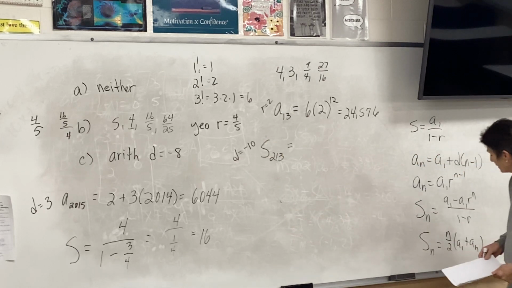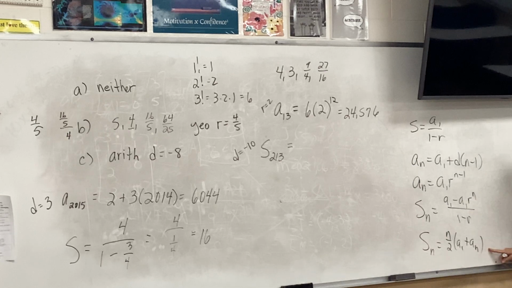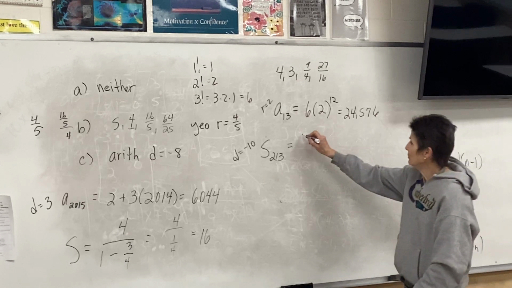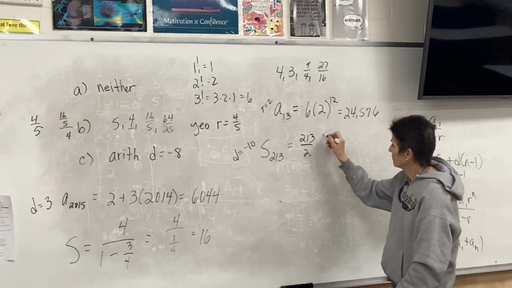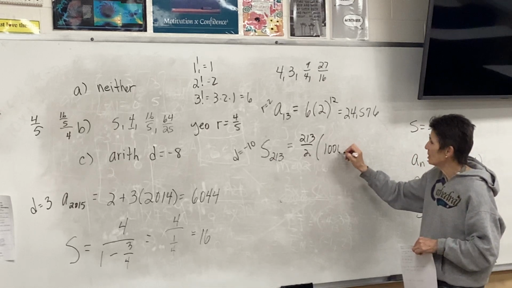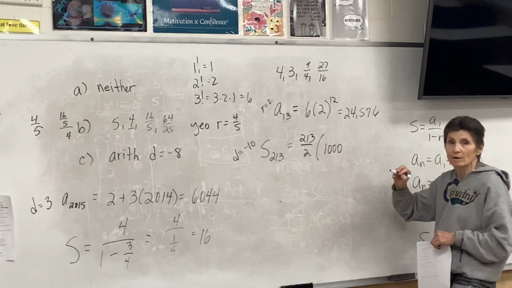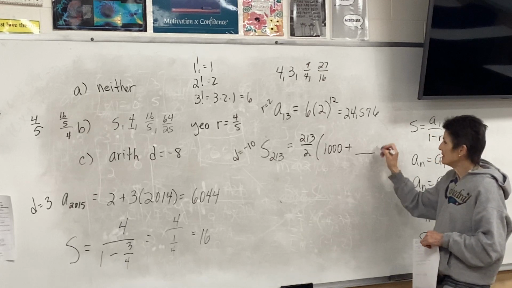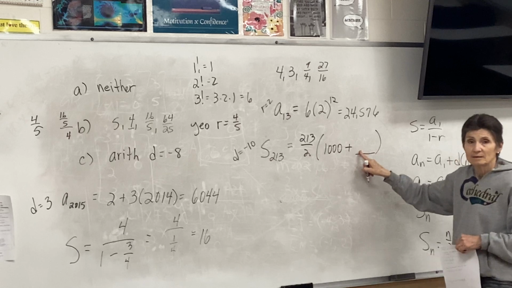So my arithmetic formula is down here. Can't be this one, guys. R is ratio. That's geometric. This is your arithmetic formula down here, Ross's little formula, right here. So 213 over 2. The first term is 1,000. Oh no, this happened to us before. I need to add the